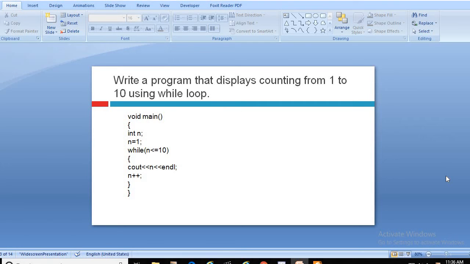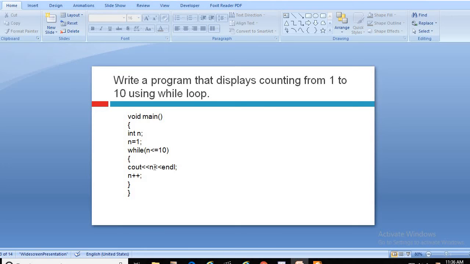Again, another example: write a program that displays counting from 1 to 10 using a while loop. Obviously the same thing is there, n is initialized as 1, 1 is less than or equal to 10, cout, the value of n is printed, 1 will be printed, now its value becomes 2, 2 is again tested and this condition becomes true.